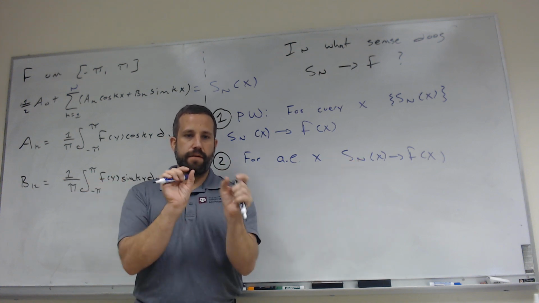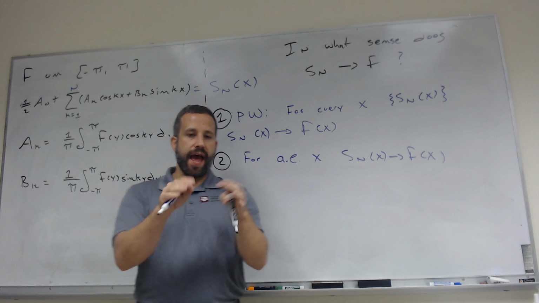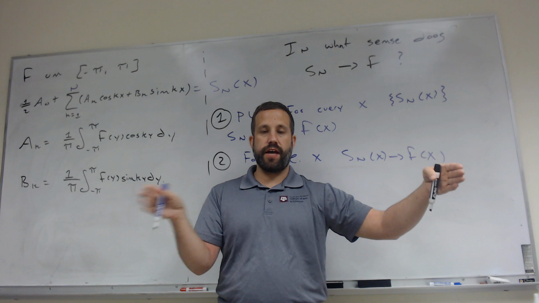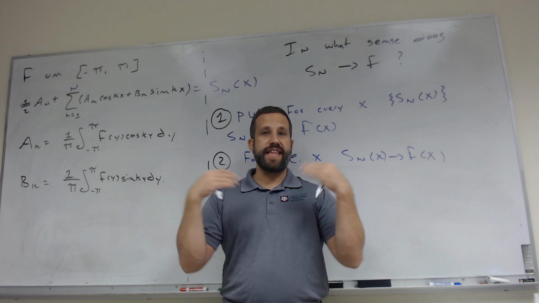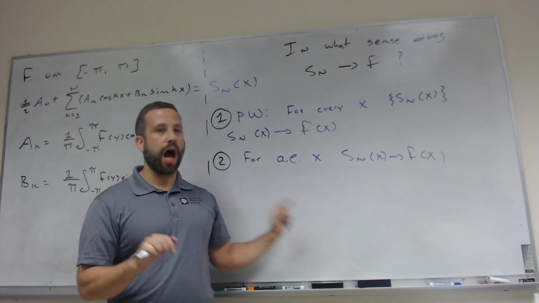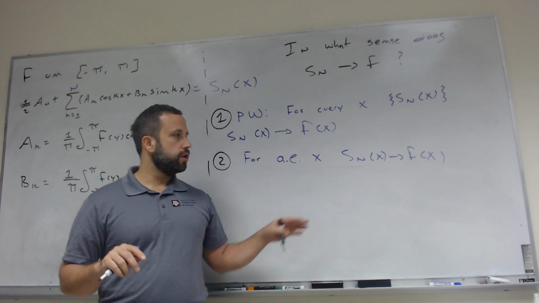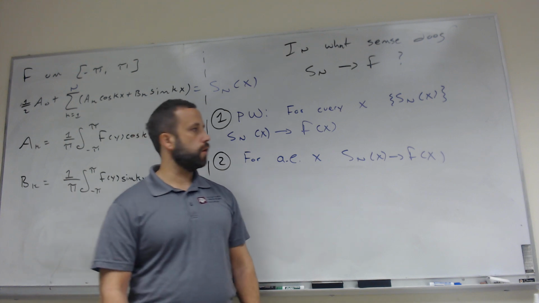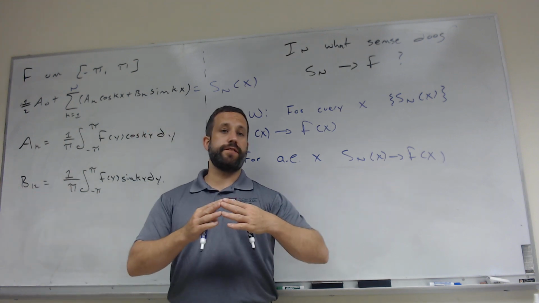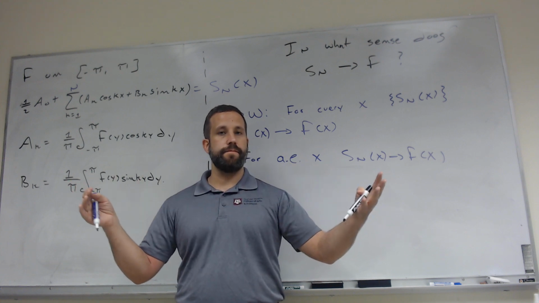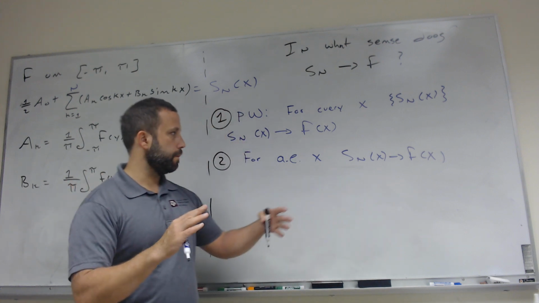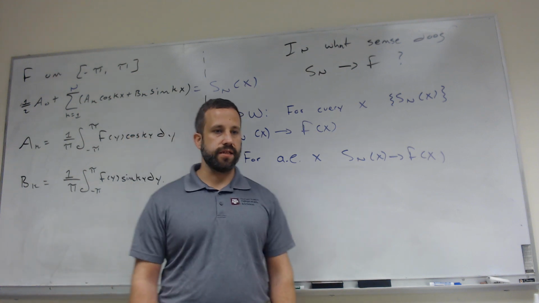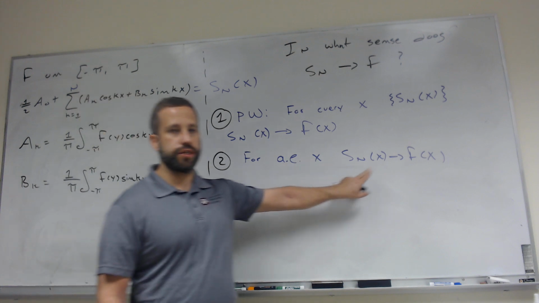A set of isolated points. That is, if you have a set of isolated points and you can draw an interval around each point that doesn't intersect any of the other intervals, that's going to be a set of measure zero. Any countable set is a set of measure zero. So rational numbers are not isolated, but the rational numbers do form a set of measure zero. Okay, so sets of measure zero in some sense can be big because the rational numbers are dense, but in some sense they can be small because it's a set of measure zero. And if you want to know more about measure theory, ask in the discussions. But we're not going to talk too much about this.